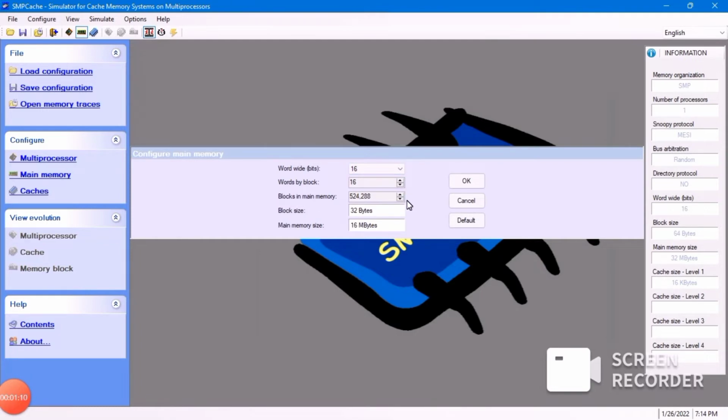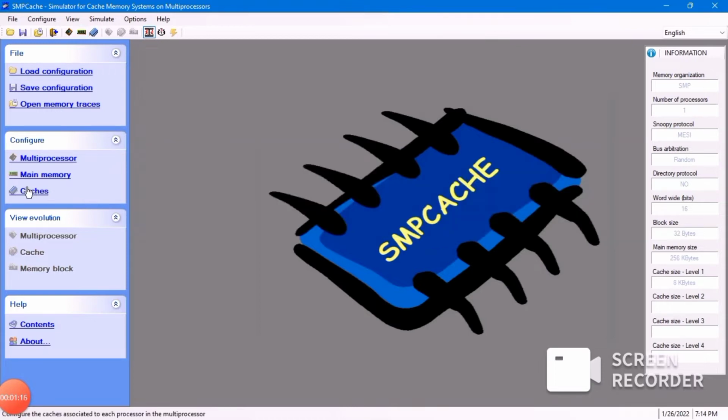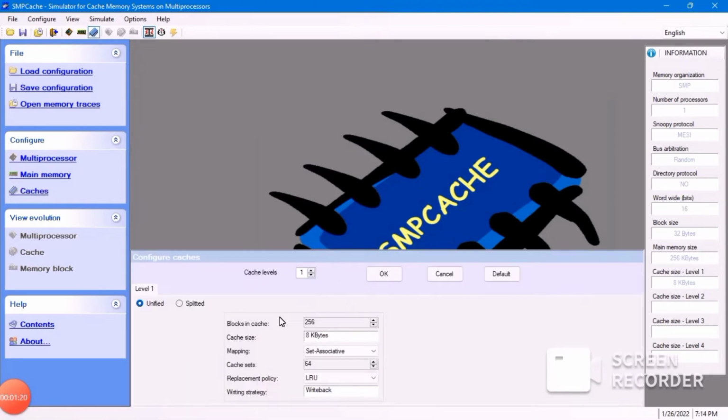Block in main memory is 8192. Click OK. Last, go to cache. Block in cache is the most important part that you need to change because of your task. For example, change to 1. Select mapping and fully associative.